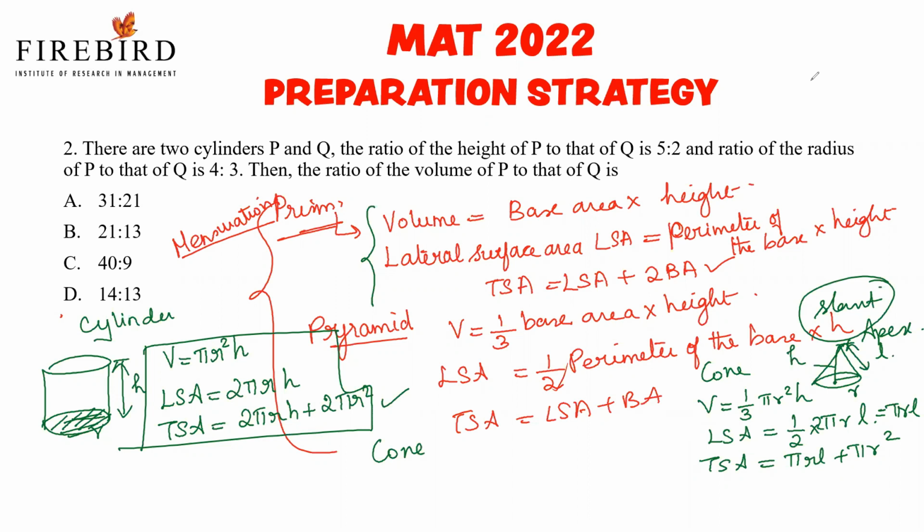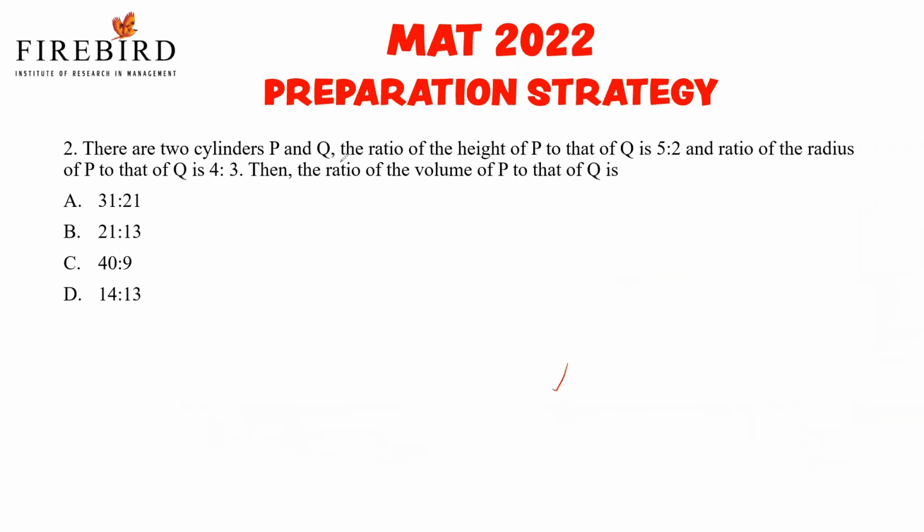Okay, now coming back to this question. There are 2 cylinders P and Q. The ratio of height of P to that of Q is 5 by 2, and radius of P to radius of Q is 4 by 3. Find the ratio of volume of P to that of Q. So volume of P to that of Q,